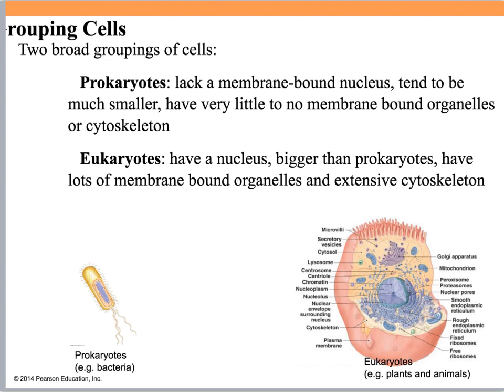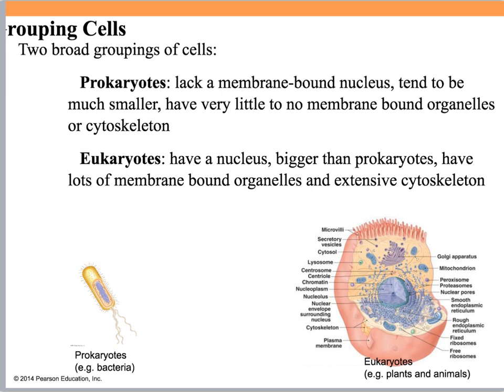Prokaryotic cells are also smaller than eukaryotic cells, and they have very little to no membrane-bound organelles inside. What's an organelle? Well, if you look in the eukaryotic cell, there's extensive organelles, membrane-bound organelles. You can see all this purple here and down here, the blue. They're like we have organs in our body. The cells have organelles. They're different compartments that carry out different jobs, and we'll learn all about those different jobs